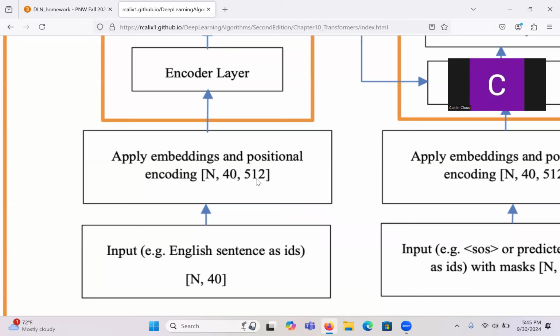And so what does that tell you? It tells you that initially this vector of n by 40 by 512 has only random values in it. But as you start the training of the neural network, those embeddings start to become good values. And what are these embeddings? They're just weights. Just like everything that we've done, y equals wx plus b, they're just embeddings.